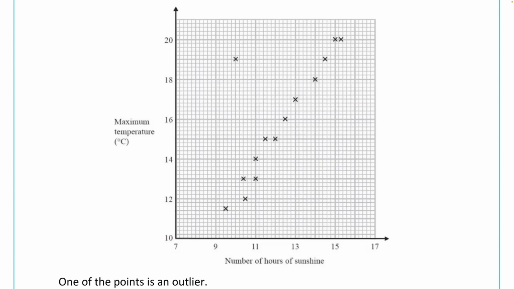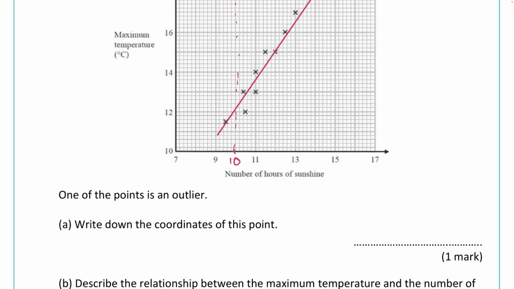So an outlier is a point which lies quite a distance away from the line of best fit. So if we draw a line of best fit, which goes somewhere like this through the points, you can see over here we have this one point which is out of the way. It doesn't follow the rest of the points. So the coordinates of that, let's have a look. We'd obviously just want to trace down, read that carefully. There we go, so that's on 10, and across here it's on 19. So the coordinates of that would be 10,